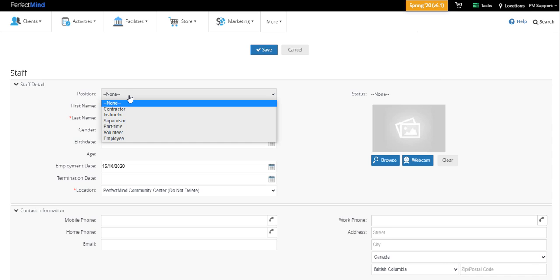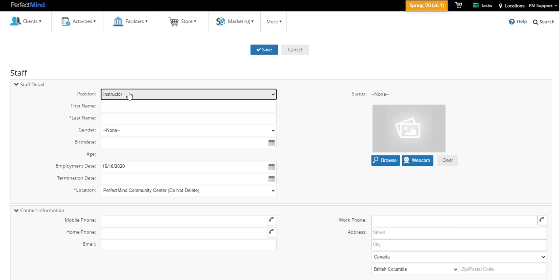We'll start off by selecting the position and indicating that this staff member will be an instructor. This is important in order to be able to attach this particular staff member to a course. If the staff member does not have an instructor position attached, you will not be able to attach them to the course. We'll enter a first name